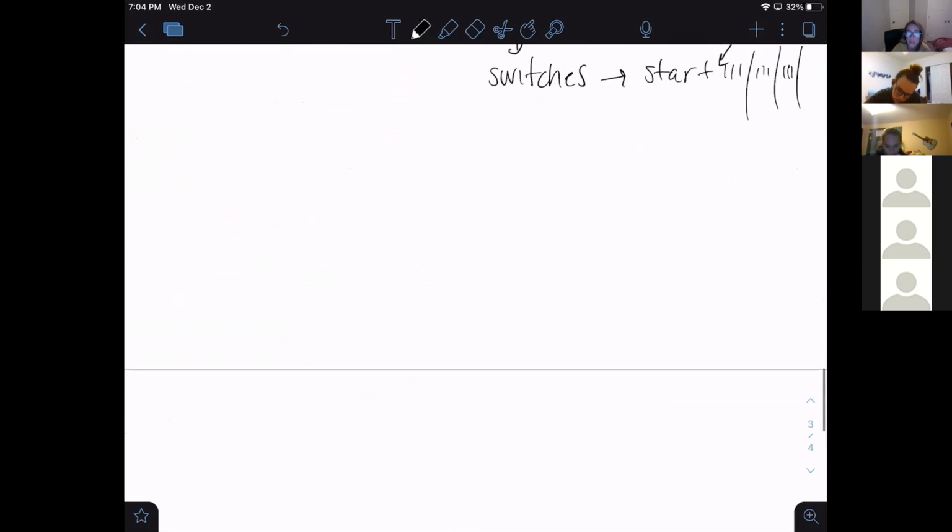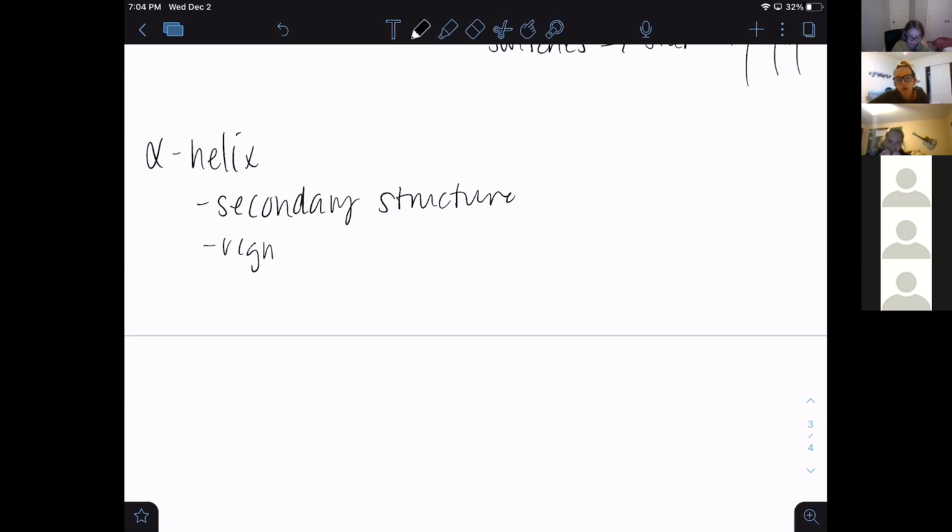So let's do, I think this is still working good. So alpha helix, okay? We know that this is secondary structure. And we also know that it's a right-handed helix. This right here then means that in the backbone, so every backbone NH group,